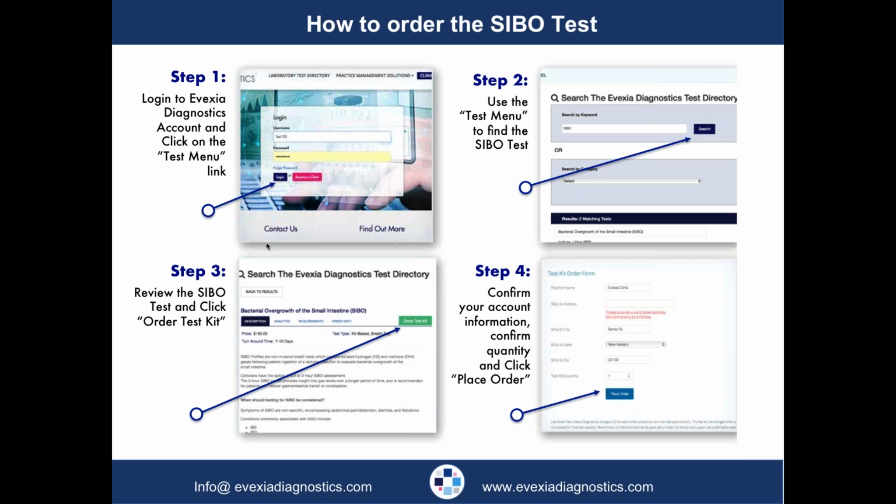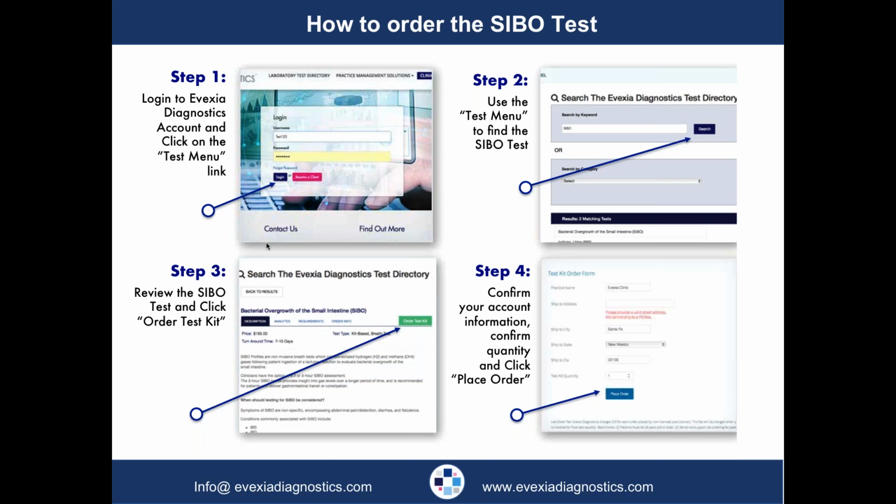You will see search the Evexia Diagnostics test directory. This is a great way to find the SIBO test and really any of the kits that Evexia Diagnostics has to offer. You can just type in SIBO and search, and it pulls up some great basic information about the test,